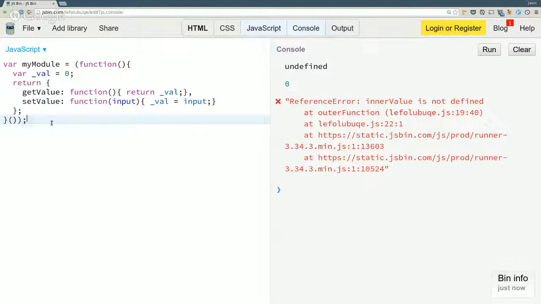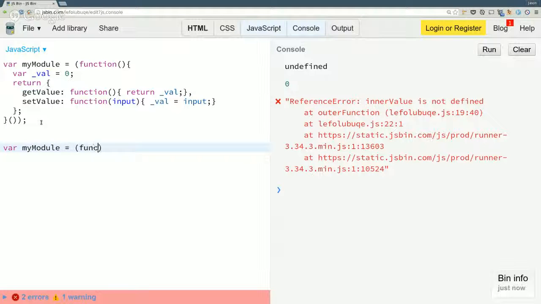So let me show you some hacks to make this less cumbersome on your brain. Like we said, we have brackets here that are defining our function. We have brackets here that are defining our return value. We have a return statement here, and it's like, what the hell, all of this stuff. So another way to write this exact same thing is like this.